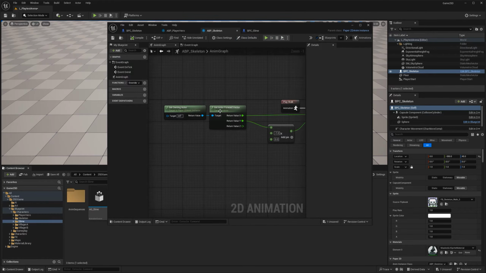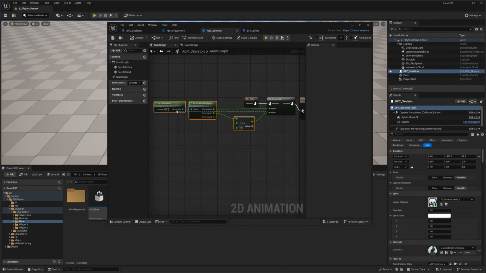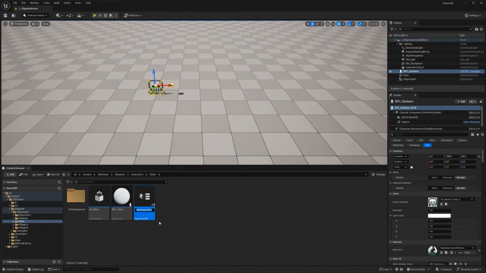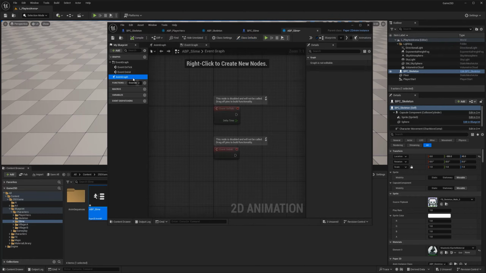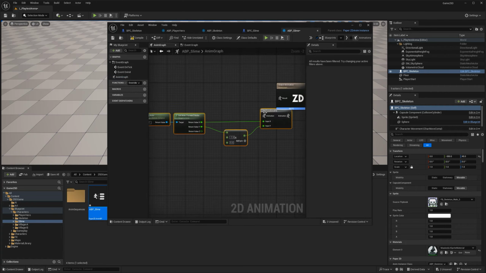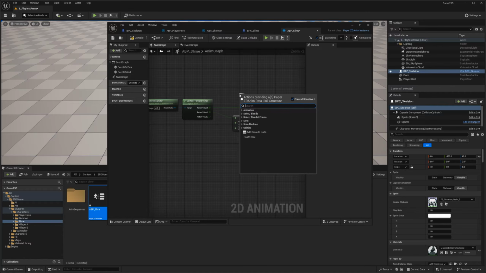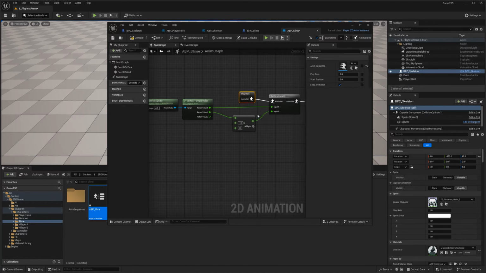And essentially we're gonna do the same thing that we did. So if you want, you can literally just copy all of this. And when we go to our slime here, just go to Paper2D, anim, ABP slime. So no, sorry, it's slime. So this is ABP slime. Double click. We just need to go to the animation graph and quite honestly just do this. Make sure to just pull from here the play, and I think the slime only has one animation anyway, so it's going to be play, walk.